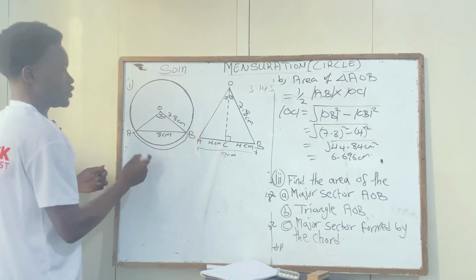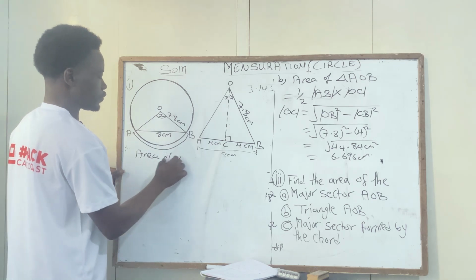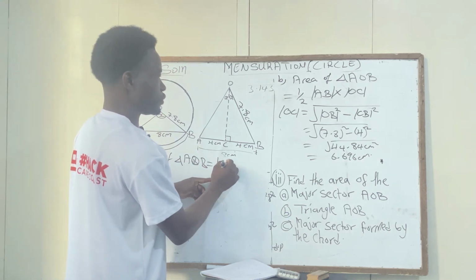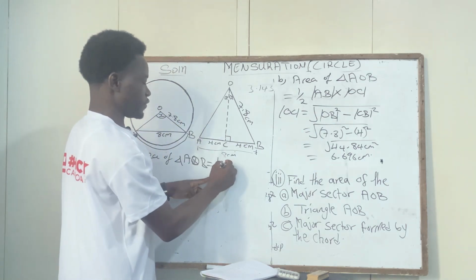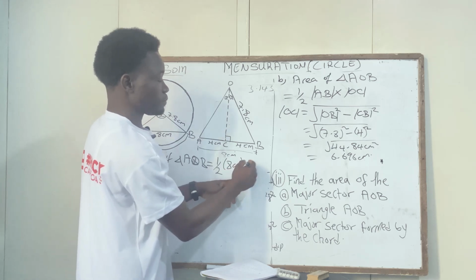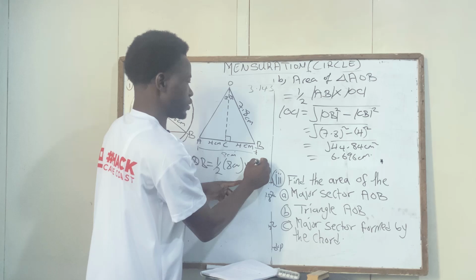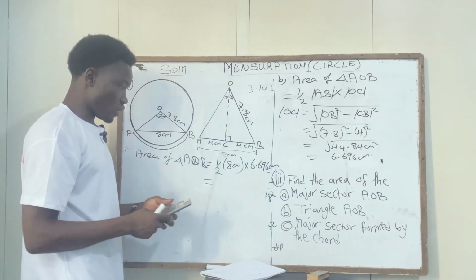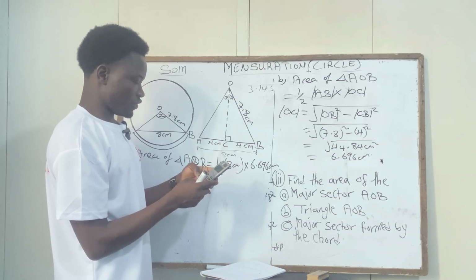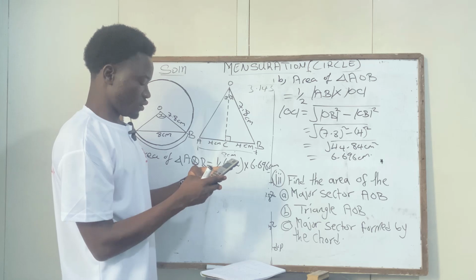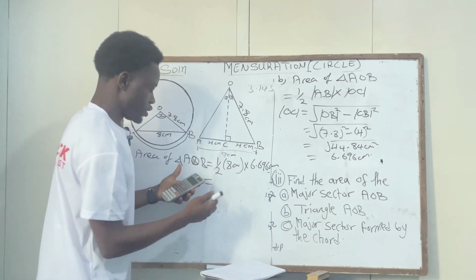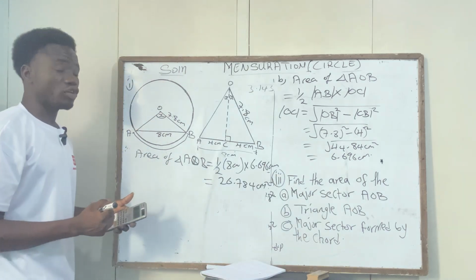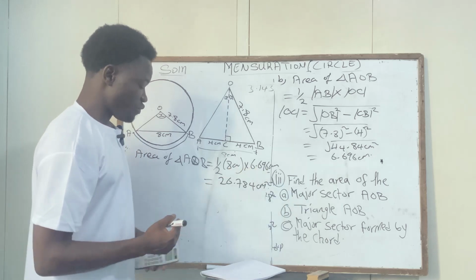So I continue from this side. So the area of triangle AOB is equal to half of AB, and AB is 8, so 8 centimeters, times OC, which is 6.696 centimeters. And this is finally going to be equal to, you can use the calculator and punch inside to get your answer. So I have half times 8 times 6.696, and your answer is 26.784 centimeters squared. Because of this centimeters, you are going to get centimeters squared, and that is the answer we